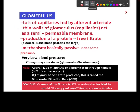As we said before, about 20-25% of all cardiac output is filtered within a minute. So this right here, glomerular filtration rate, is going to be extremely high, right? Because we are constantly filtering the blood. With that said, just keep in mind, and we're going to talk about this as well in this video,